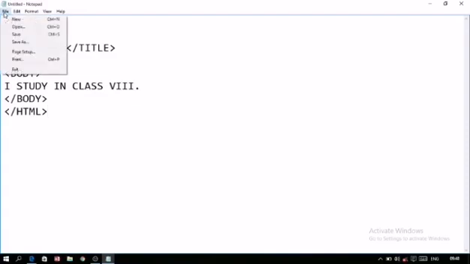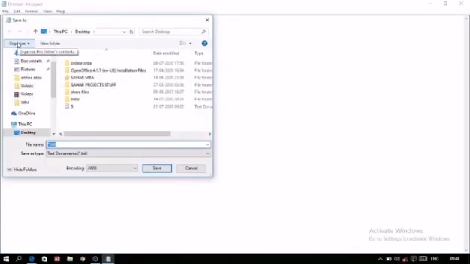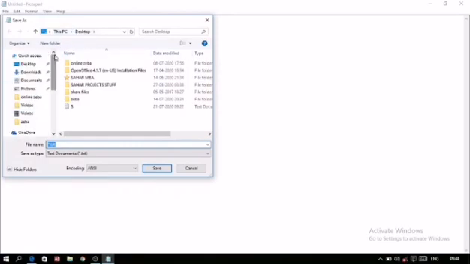After this you have to save this file. For example, I am saving this file by giving the name SFS. So first click on the file menu and select the option save as. After this, where do you want to save it? I suggest you save it on the desktop, so you can easily get it from there. So select desktop from the left hand side. Then the file will be saved on the desktop.